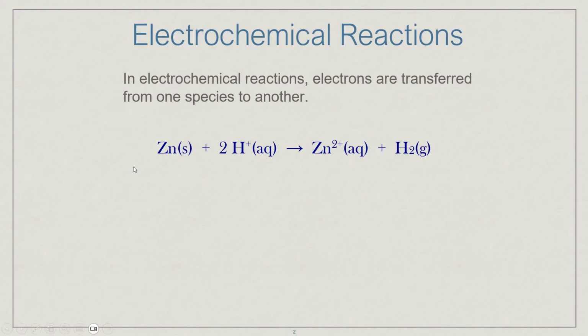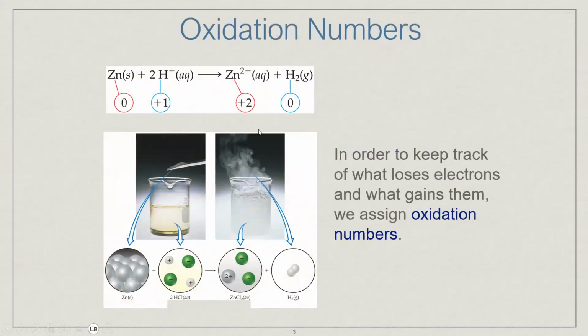So if we look at the reaction here, we can see zinc is going to the +2 state, so elemental to +2, whereas the hydrogen is going from +1 to 0. And we're going to see a balance there, just because we're going to have 2 of those hydrogens for every 1 zinc. And when we're trying to look at the movement of these electrons, what we can do is use the oxidation number or the oxidation state in order to track how these electrons are moving from left